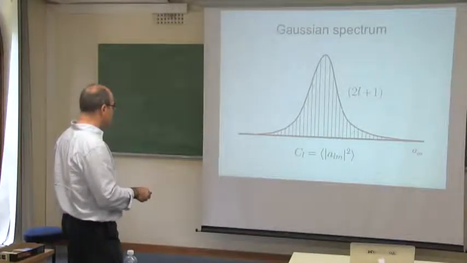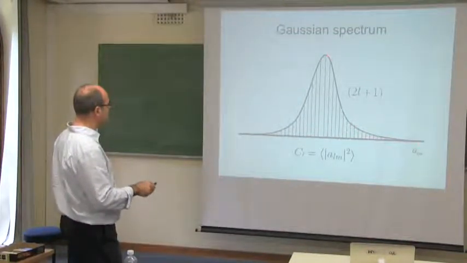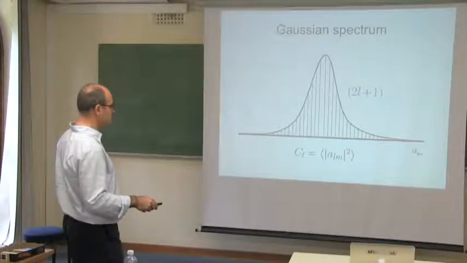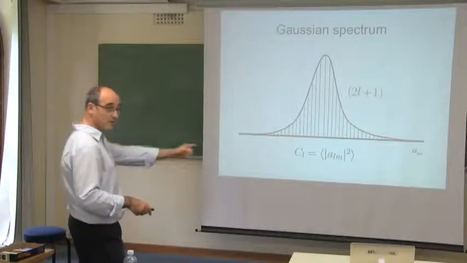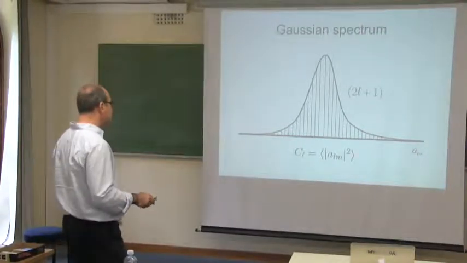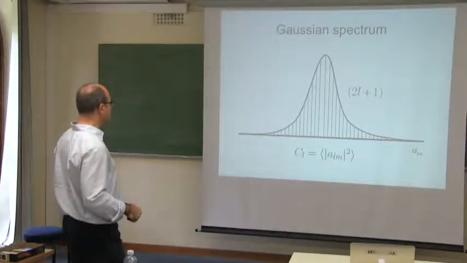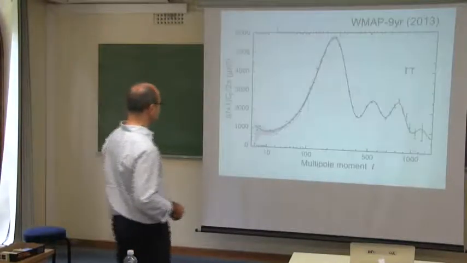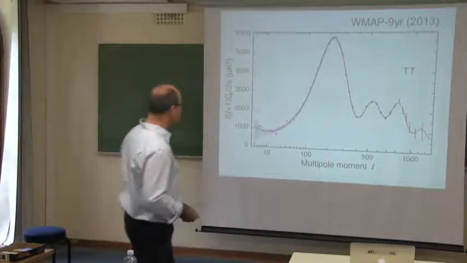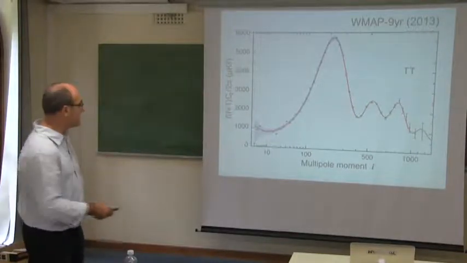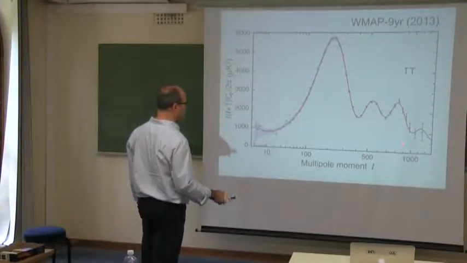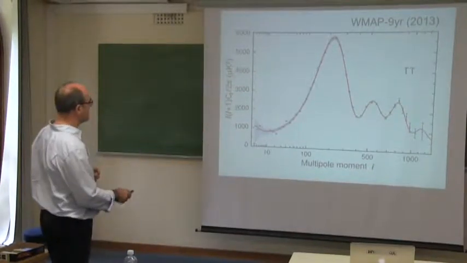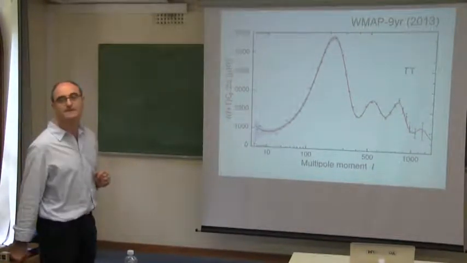But in fact, you do have plenty. 2L plus 1 realizations for Gaussian. You sum over all of those, assuming that these are Gaussianly distributed according to inflation, and you get your C_L. And then you compare with that. So it's crucial that you realize that not only for small angles you're bounded by the resolution of your experiment, but you're also bounded on large angles by this cosmic variance.